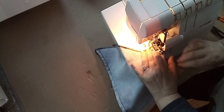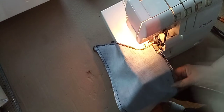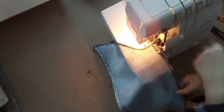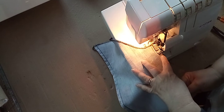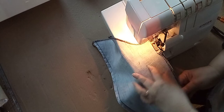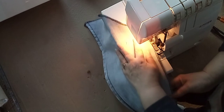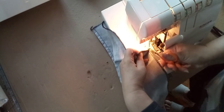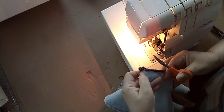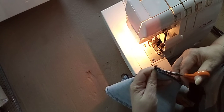This is jeans, heavy fabric, not so heavy, but the domestic machine doesn't want to go through many times. So if you have an industrial serger, it will go well. The home machine is making a little bit of problems. So I see. Well, I don't know if I like it, but